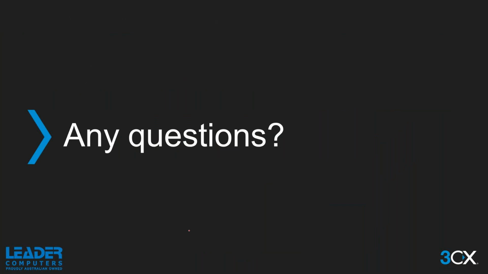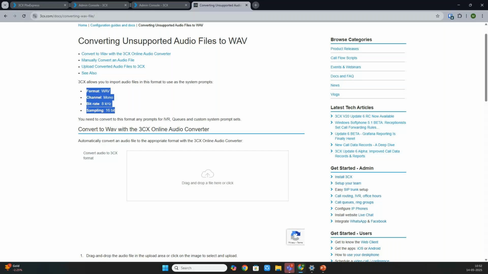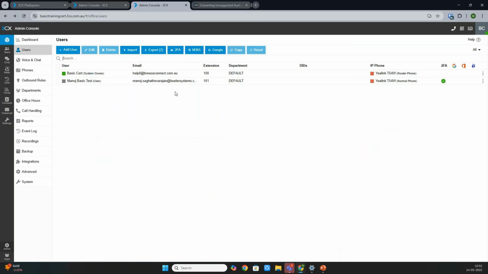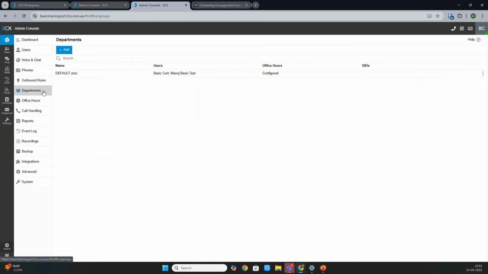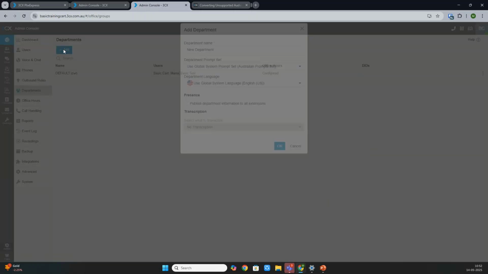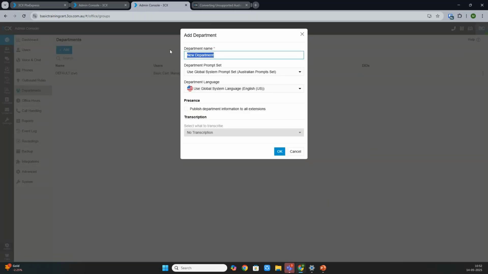Let's jump into a quick demo. Cool, so we are back to that. Let's jump to departments. The default department is automatically created when the system is created. You can create a separate department, let's say